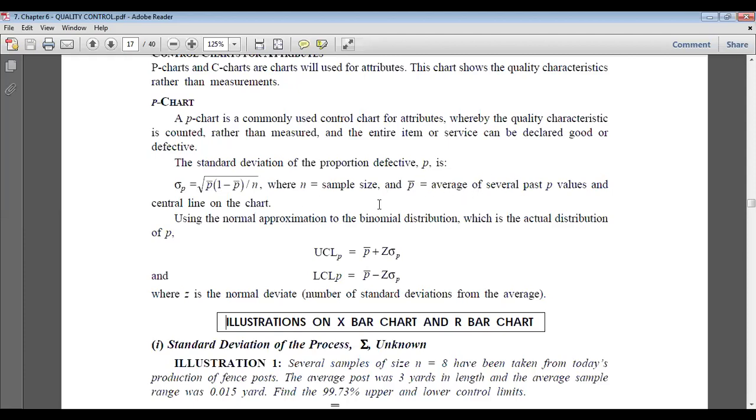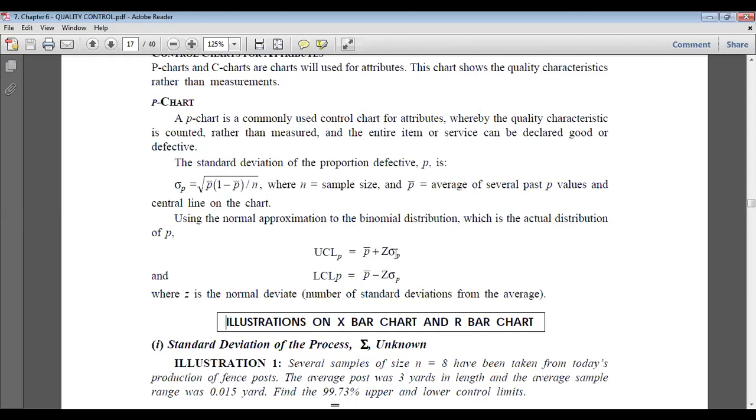So for example, we are having 100 pieces checked, and out of 100 inspections we have got 69 or 72 okay. Then we can find bar p, that is 0.79, and compute 1 minus 0.79 divided by n, that is 100. Taking the square root, this is sigma p, the standard deviation. Once we know the standard deviation, we multiply sigma p by the z value.